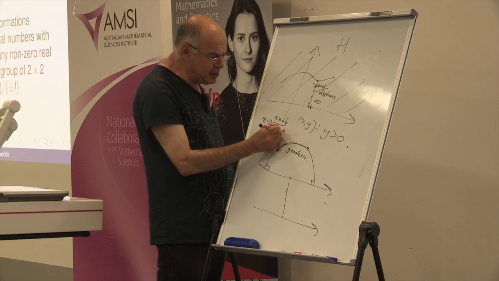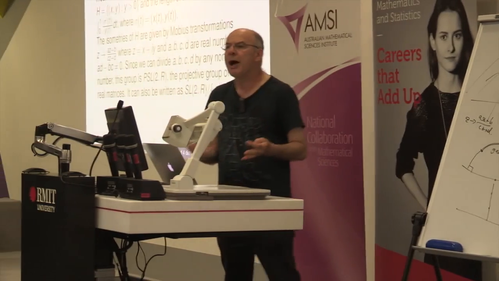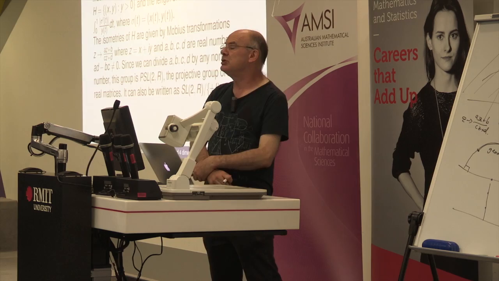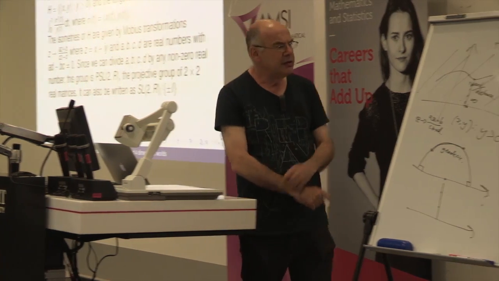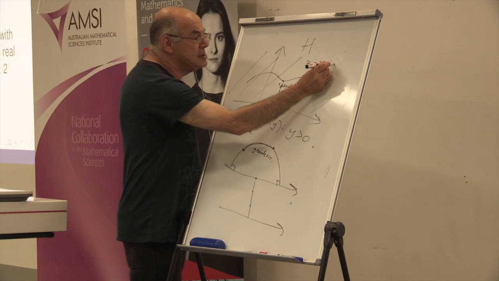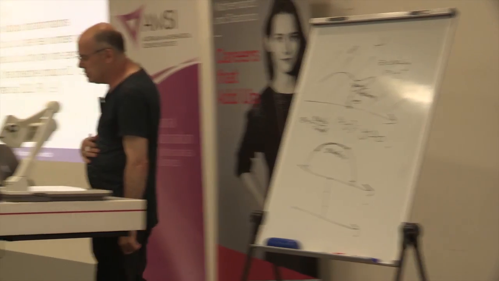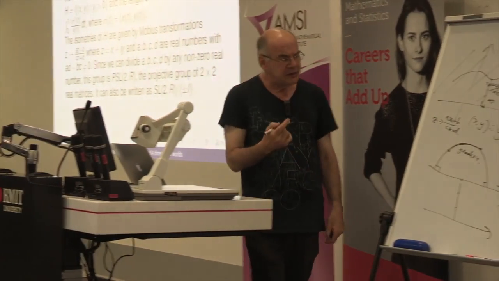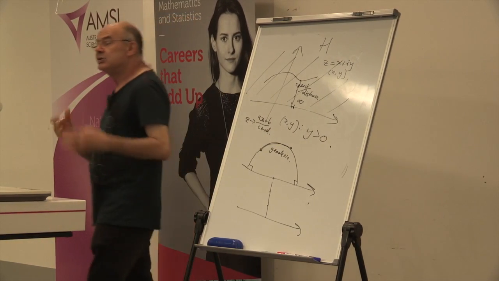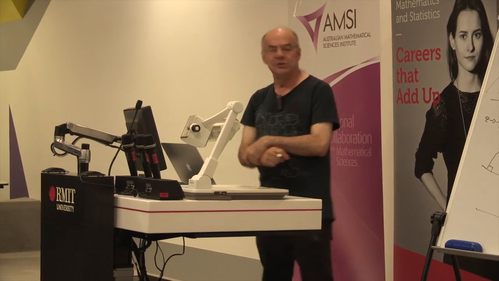So what we now do is we introduce complex numbers. It turns out the natural way of doing measurement in the hyperbolic plane is using complex coordinates. So instead of using real coordinates, we think of the point as being like this, instead of Cartesian coordinates. And these transformations, it turns out, preserve circles, so they preserve shortest paths.